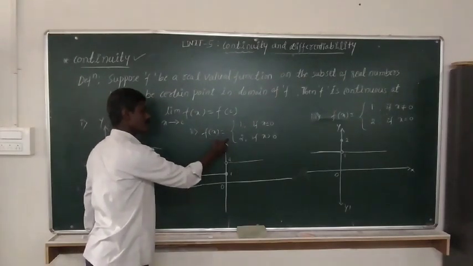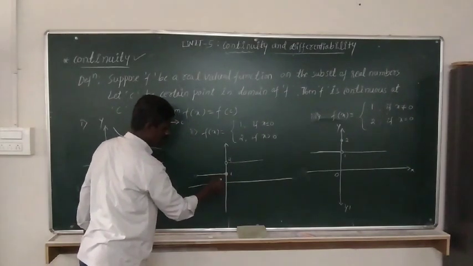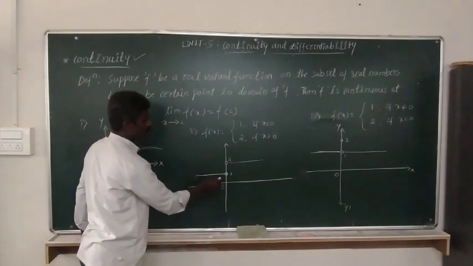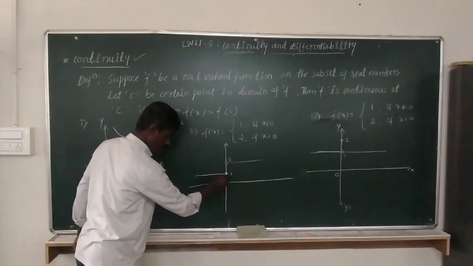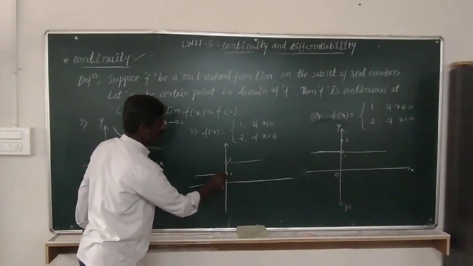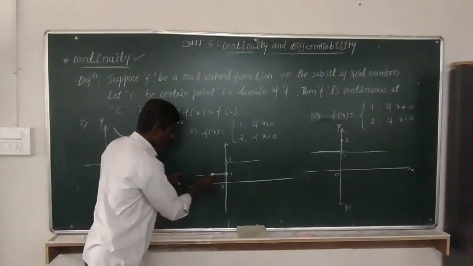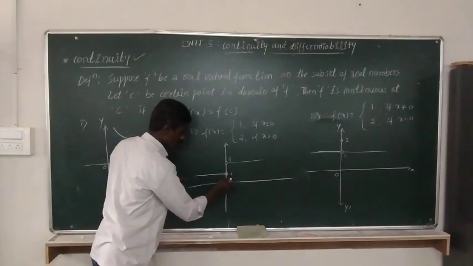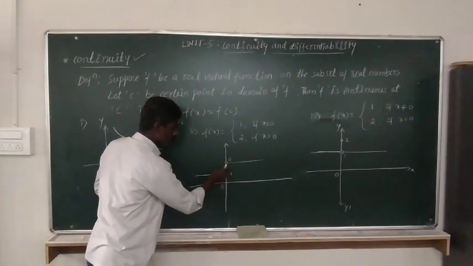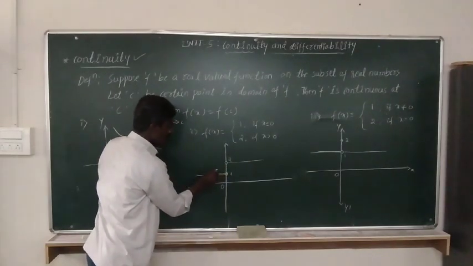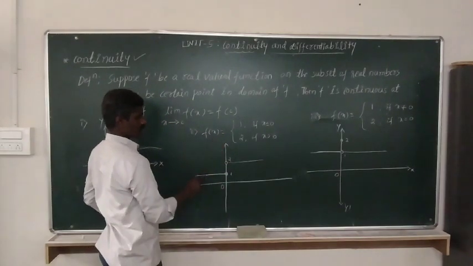The function is a discontinuous function because we can't draw the graph without lifting a pen or pencil. To draw this graph we have to lift the chalk piece or pen. When we say that a function is continuous, we can draw the graph without lifting a pen or pencil. But here we can't, because there is a breakage. Hence, such a graph is called a discontinuous graph. The function is a discontinuous function.